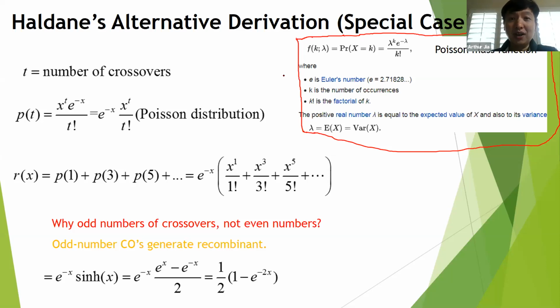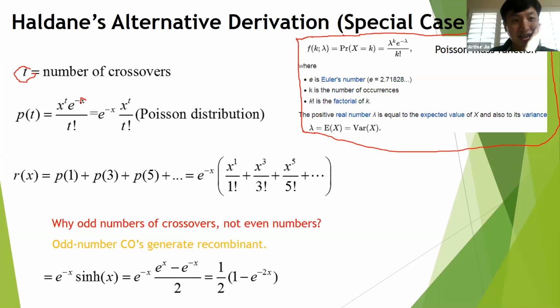So here, we think about crossing over as a rare situation, which is true, because crossing over occurs in meiosis, but it is not that often. So we can treat recombination as a rare situation. In statistics, we have a perfect model, the Poisson distribution, to model the probability of having a number of events which are rare. So if we define T as the number of crossing overs in a region X,